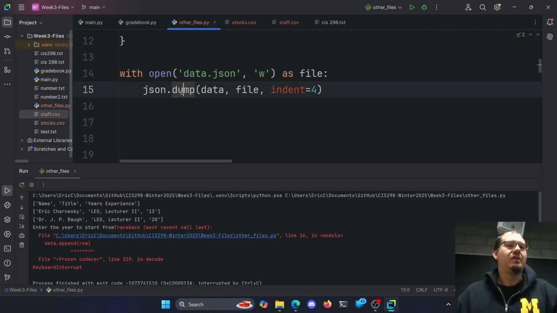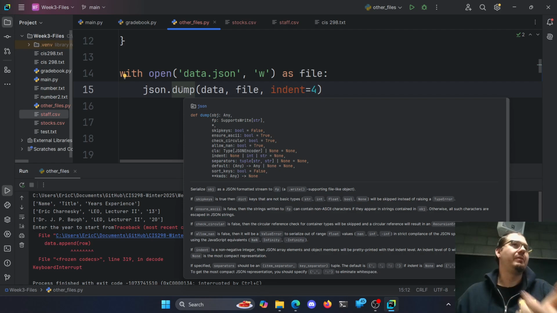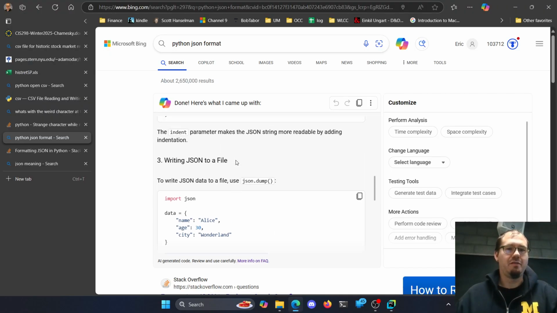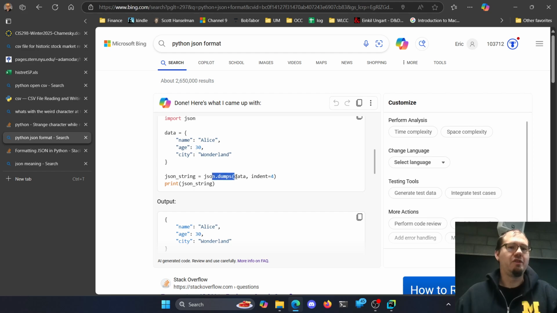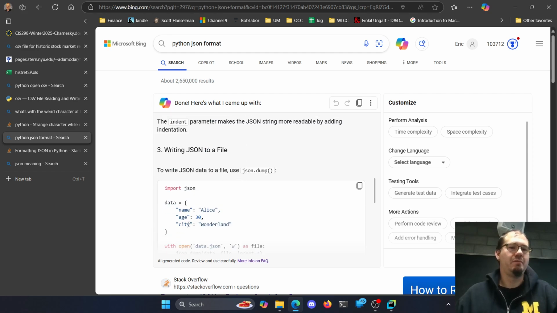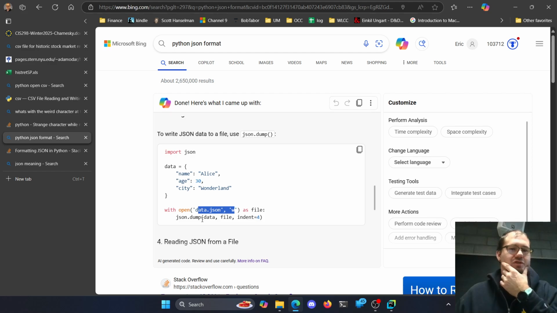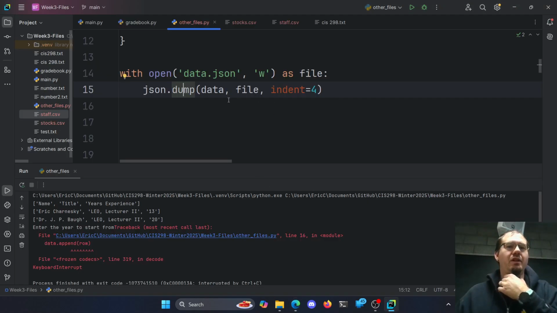So json.dump is slightly different than dumps. There was dump and there was dumps. I don't know if you notice that small little difference here. This one is dumps. This one is dump. And just be a little careful with which one you're using here. It's saying, what do you want to dump? Where do you want to dump it? And what's our indentation? You can customize the indentation here to make it look a little prettier as we go,